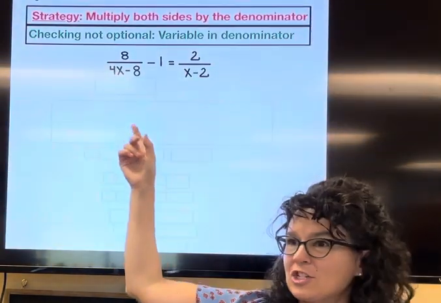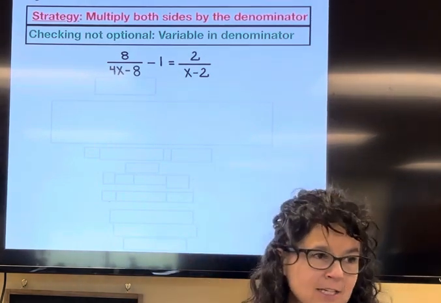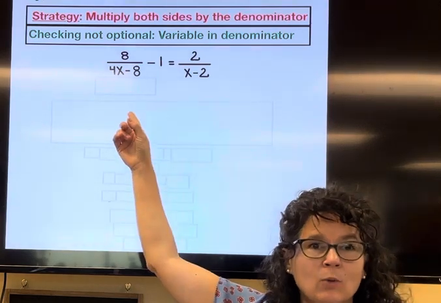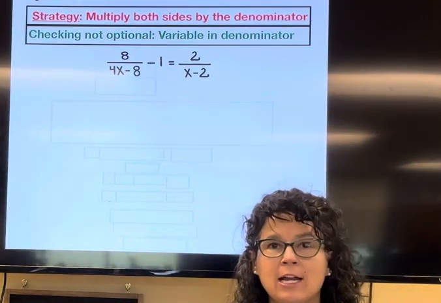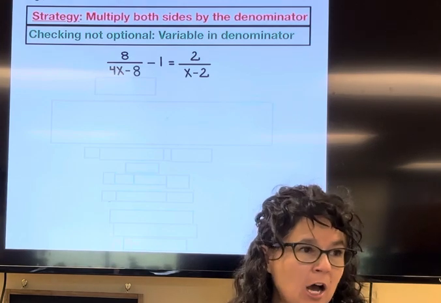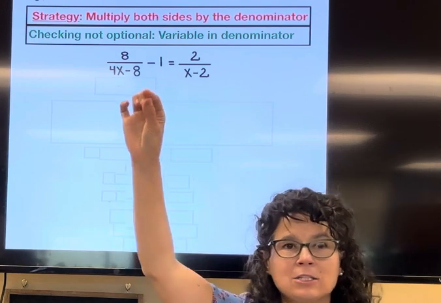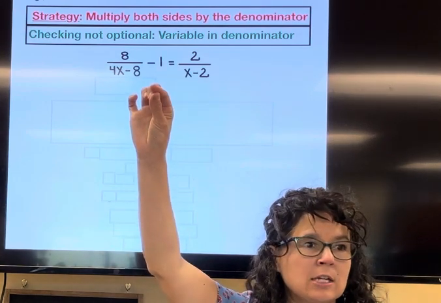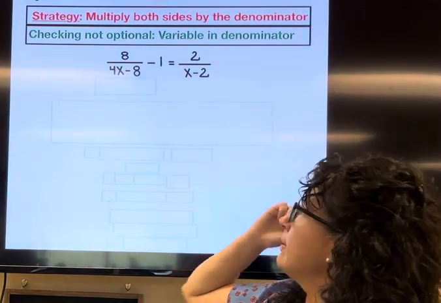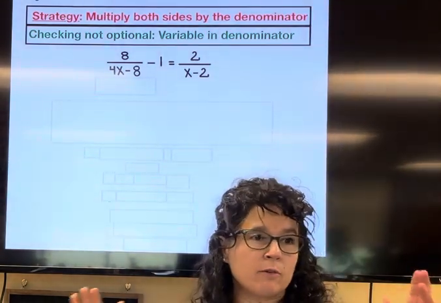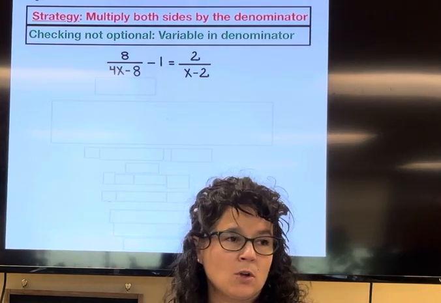To solve the equation, we are going to remind ourselves of two things. The first one is anytime your original equation has a variable in the denominator, checking your answer at the end is not optional. We're worried about substituting the answer back into the original equation and having it lead to us divide by 0. And then strategy-wise, whenever we see fractions, we're going to multiply both sides by the denominator or